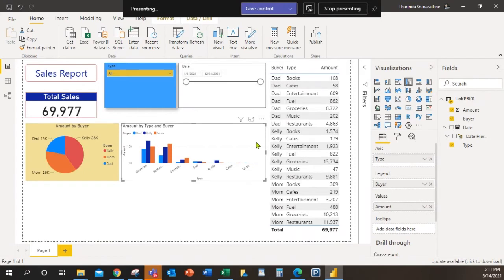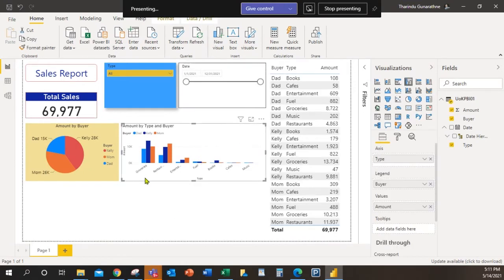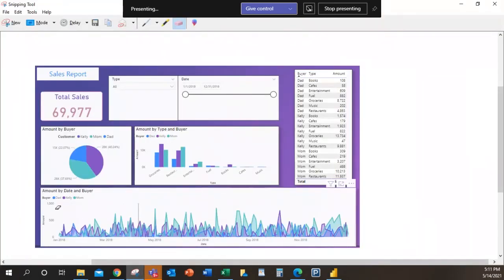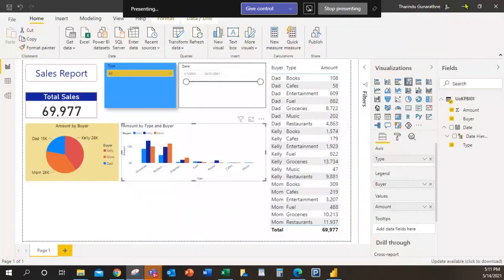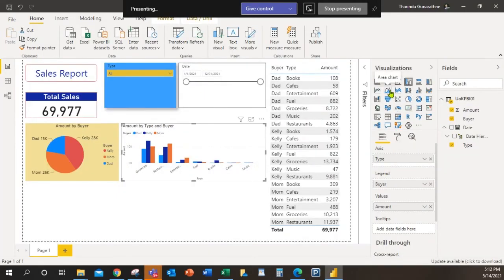I'm not drawing any border for this because now adding borders is very simple and very familiar to you. Now I'm going to add this one. This is actually a stacked area chart. No, no. It can't be a stacked area. It is an area chart.